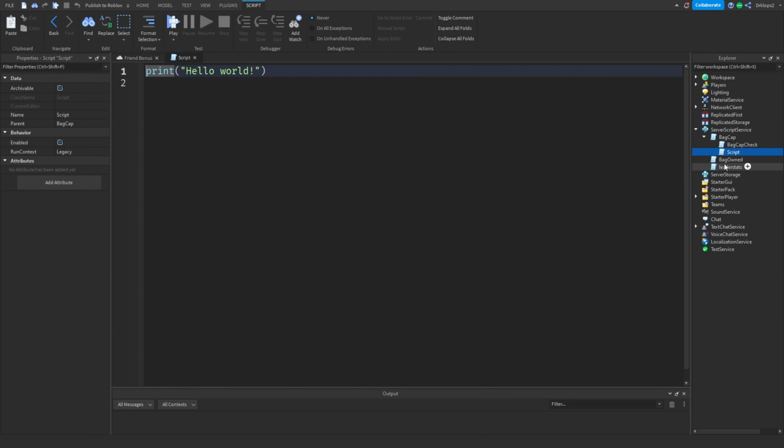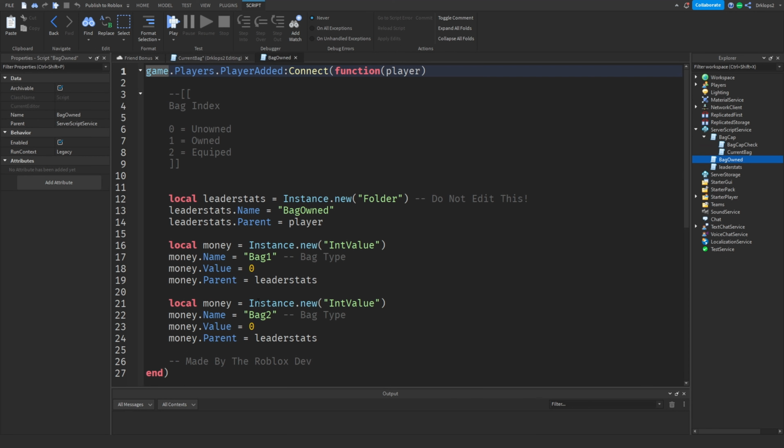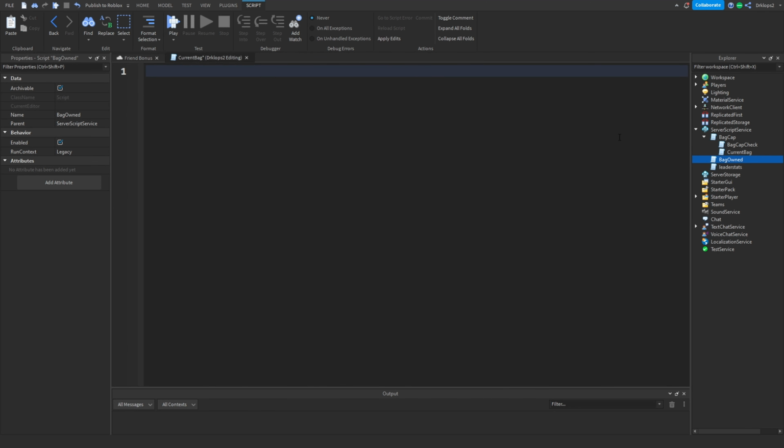Let's go ahead over here and let's create a new script called current bag. What this script's going to do is it's going to be giving us a value for every bag. So if you go into our bag owned, you should remember we have bag 1 and bag 2, and this is stored inside a bag owned. So let's go back into our current bag, not bag owned, and let's go